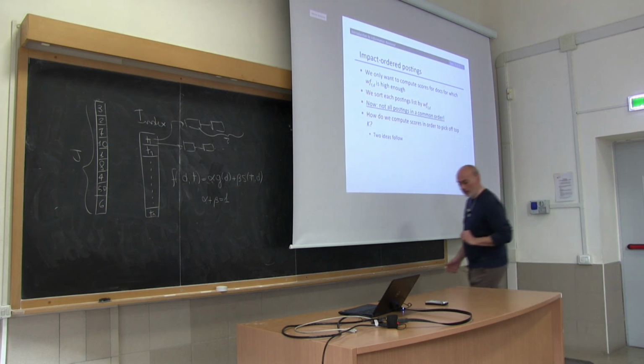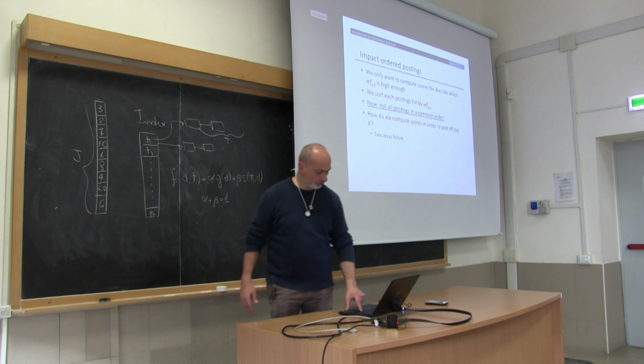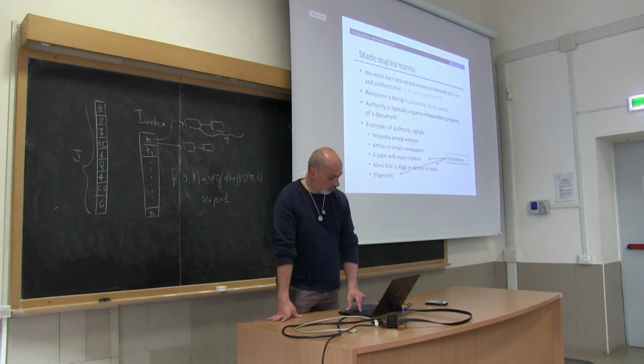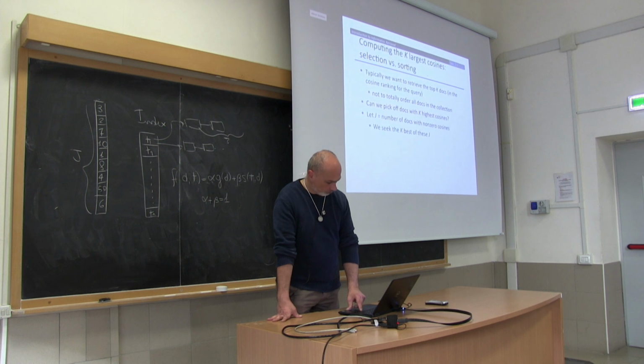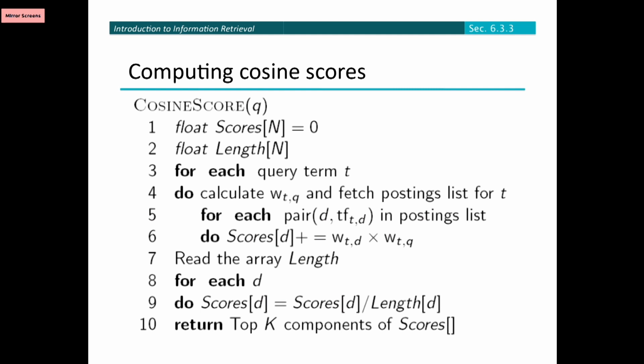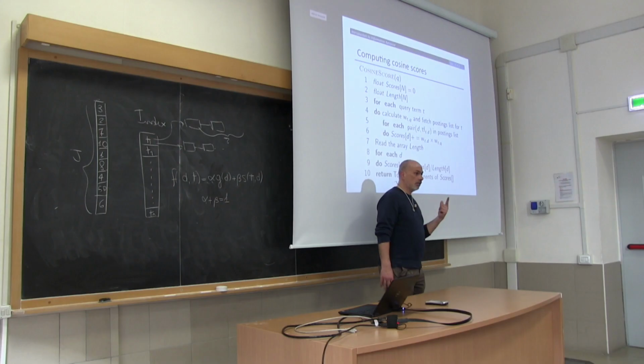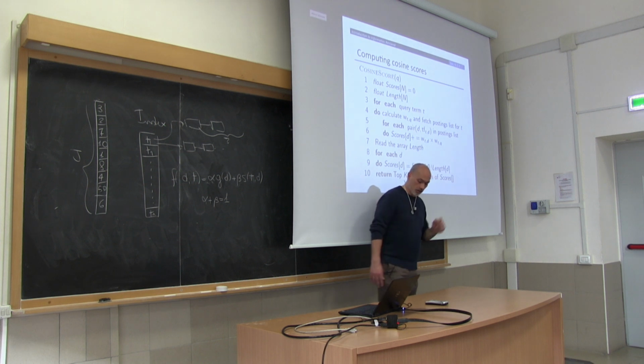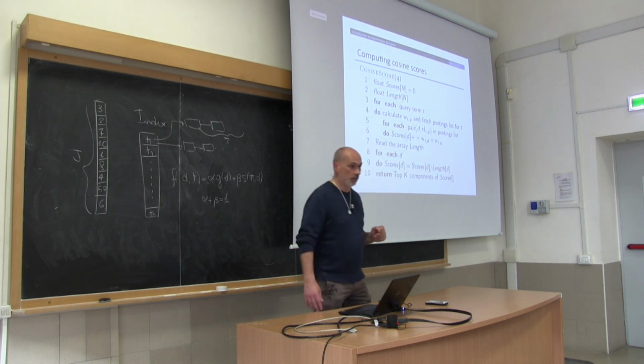Okay? Now, on the other hand, if we go really back to this algorithm, it is working with one posting list at a time. So the outer cycle is on the terms, right? So this algorithm is processing one term at a time, which means one posting list at a time. It is sequential with respect to the posting lists. So this is called actually term at a time processing.